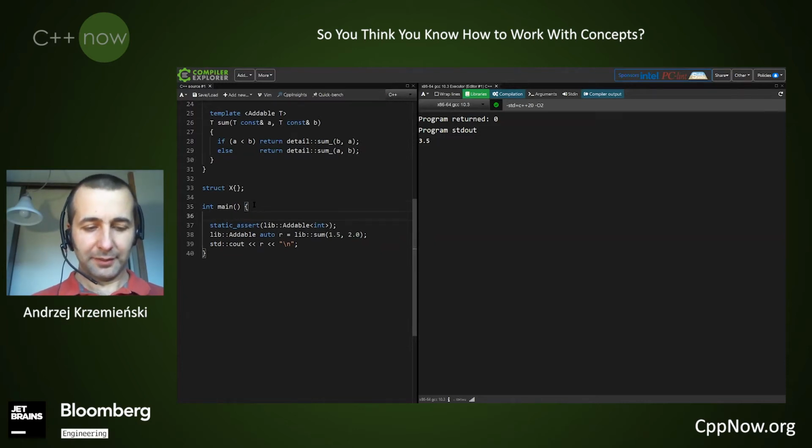This is a template, so we have to specify the types of the numerator and denominator. It will be int. We check if this is addable first. Let's compile. Now it takes longer because, yes, it compiled fine. So it means that Boost Rational is actually an addable type.